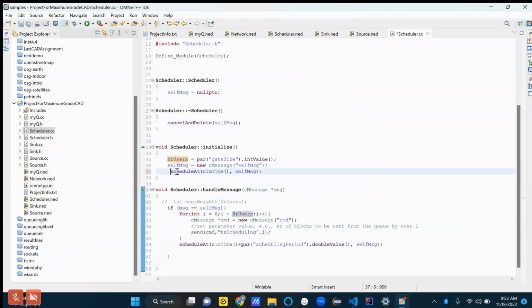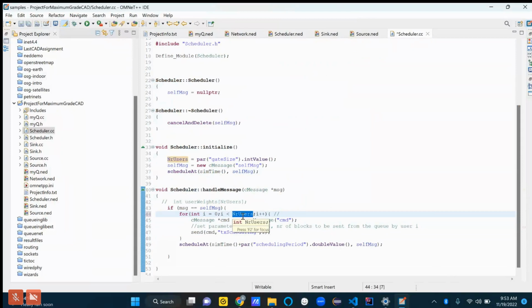First things first, look at the for loop. How many users do we have? Oh, interesting. Why are we using different names for the same thing? We need to change that name, number users, because this is not even true.